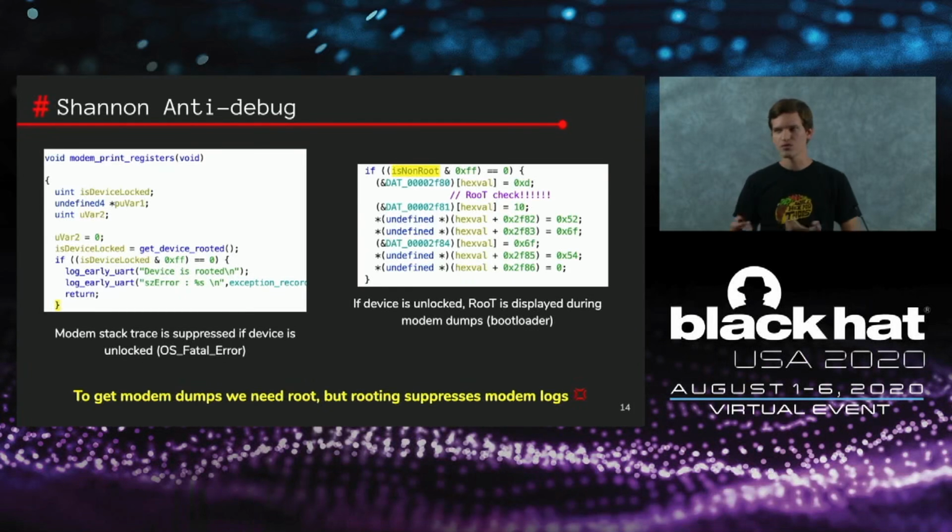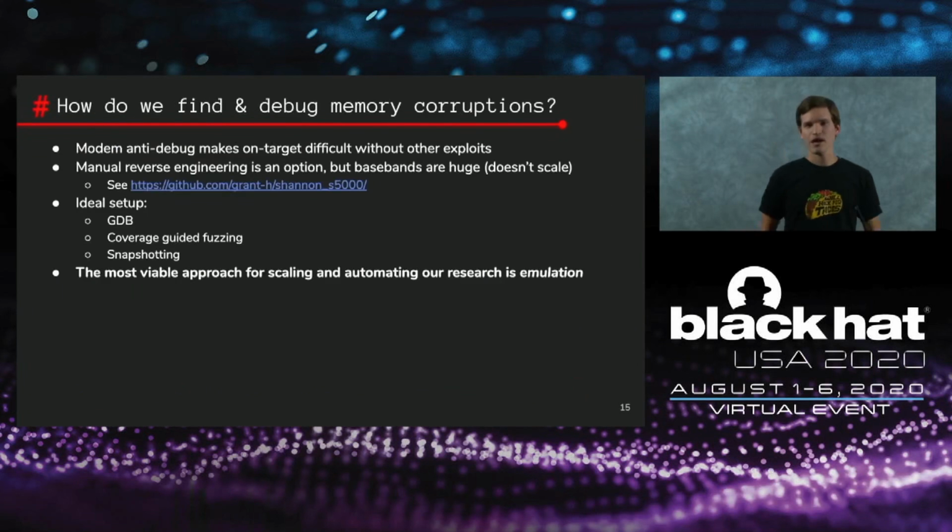To get modem dumps, we need root, but rooting suppresses modem logs. So how do we actually find, let alone debug, these memory corruptions in a scalable way? The anti-debug makes this difficult. We would probably need some off-the-shelf exploits to bypass these things silently. Manual engineering is an option, but basebands are huge. This doesn't really scale too well. And on the link there, which you can visit offline, is kind of a demonstration of how much is really going on in a baseband. So from a vulnerability research perspective,